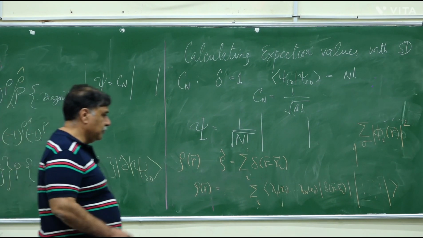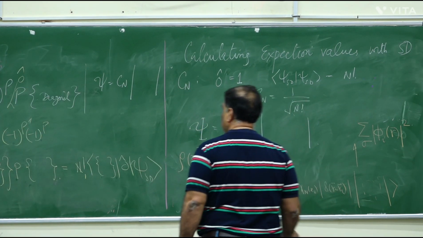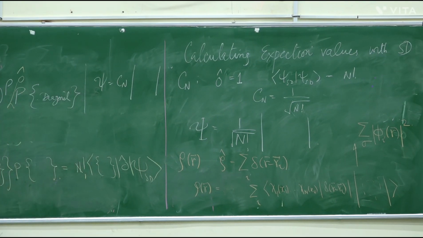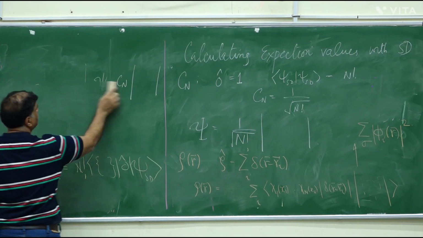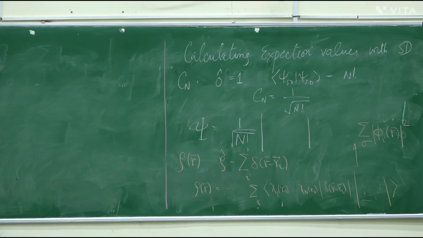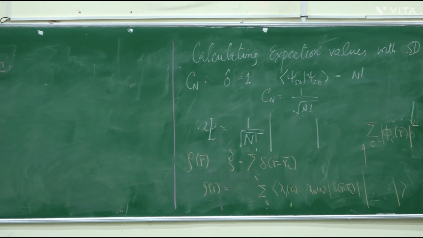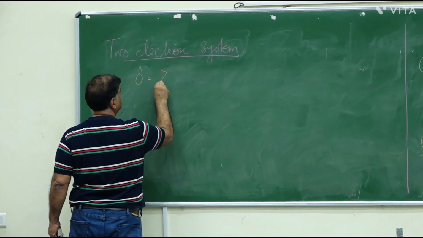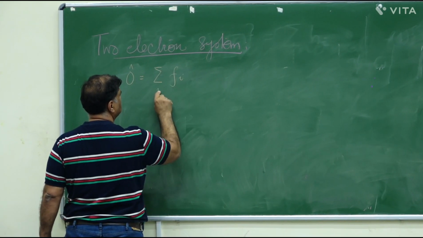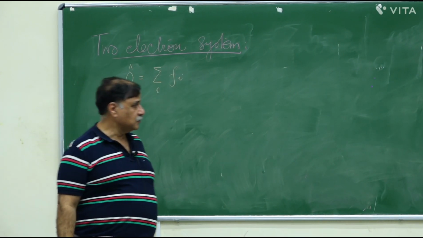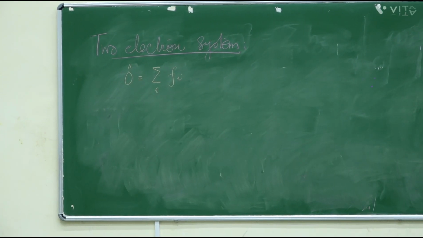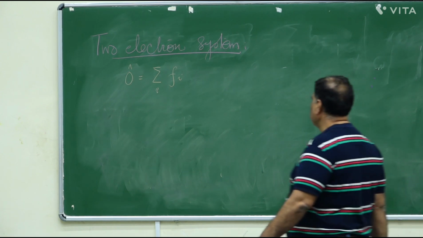In fact, now that we're talking about Slater-Condon rules, I just calculated this. So let me write a general rule. That is, if I have O as a single particle operator, that is, summation over i of f_i. Okay, that's what this is. This is a single particle operator. Okay? Then